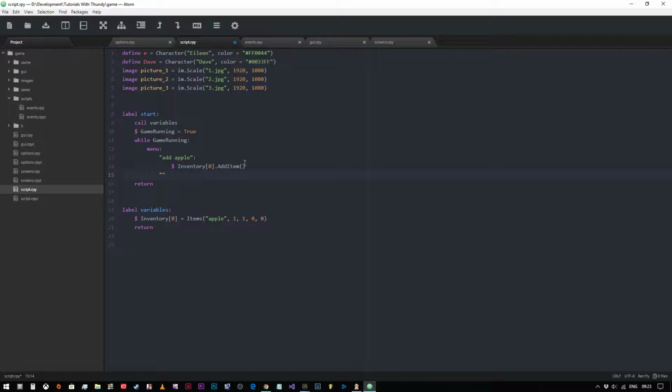So now we'll put display inventory. Marvelous. And then what we'll do is we'll create a Python block here. No, we won't. We will not. We'll just put display weight because that'll be a little bit easier for the sake of this demonstration. So we'll simply put new variable WT for weight equals